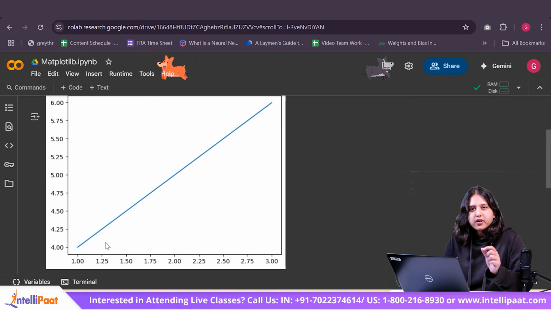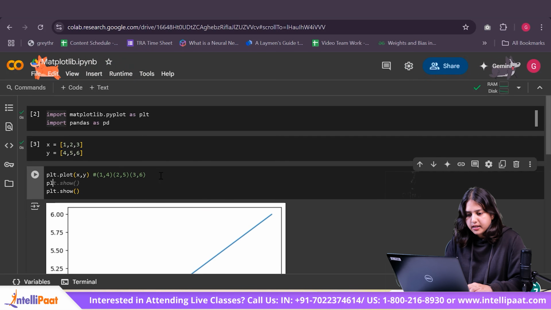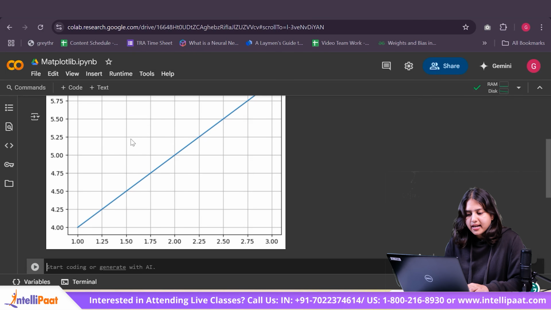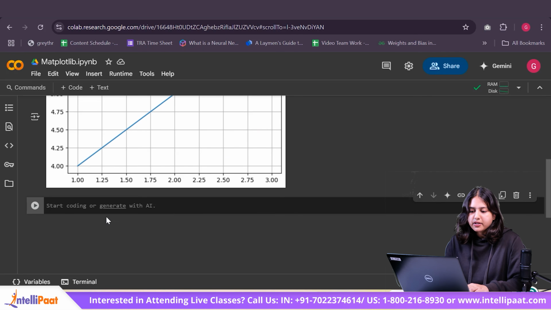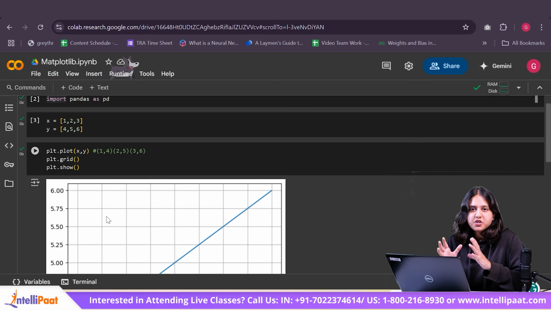If I want those dotted grid lines that we initially discussed in our figure, all I have to do is say plt.grid and run it. Now you can see I have my grid lines. Now it gets much easier to read my data in a more efficient manner. I can easily spot that this particular dot represents 2 comma 5 and this particular spot represents 1.75 comma 4.75. So now you're easily able to figure out what each of these points on this particular line represent. Right? So this is basically the major idea or the major implementation of matplotlib.